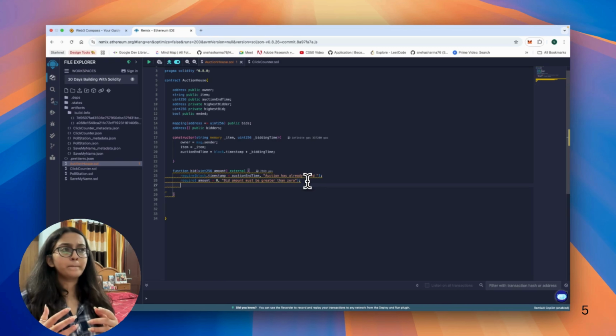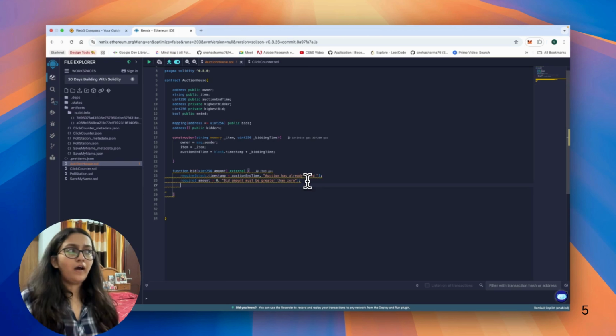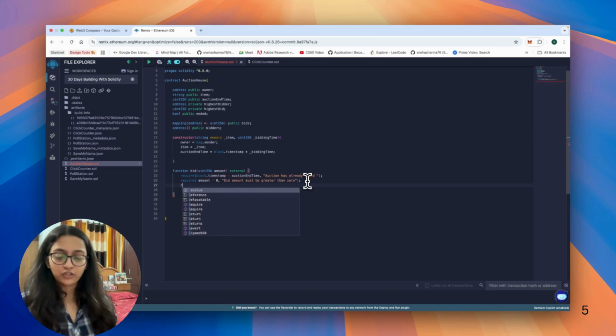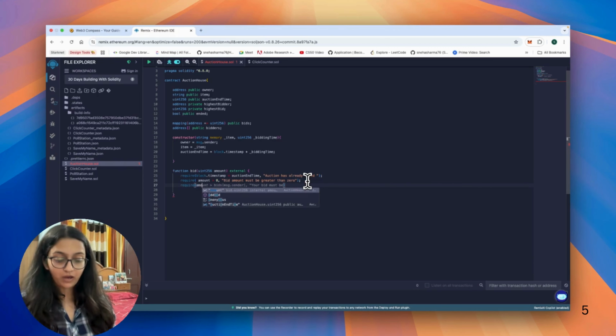Now what else? If I am bidding and I said, okay, $12, my next bid cannot be lesser than $12. I'll just say you need to bid higher, right? So that is also a condition that I will check, that require amount has to be